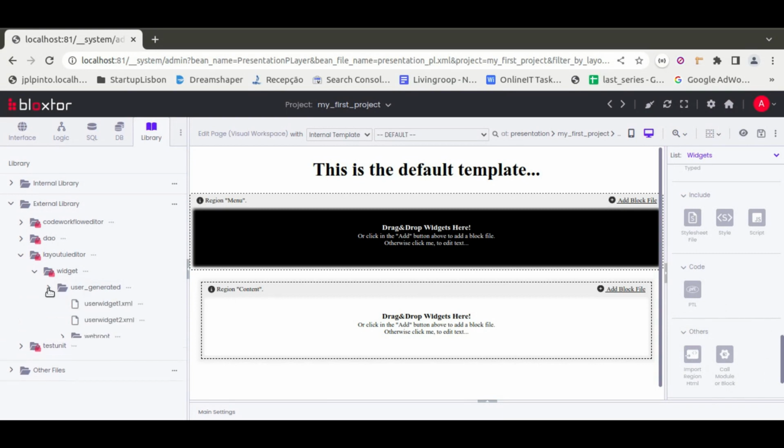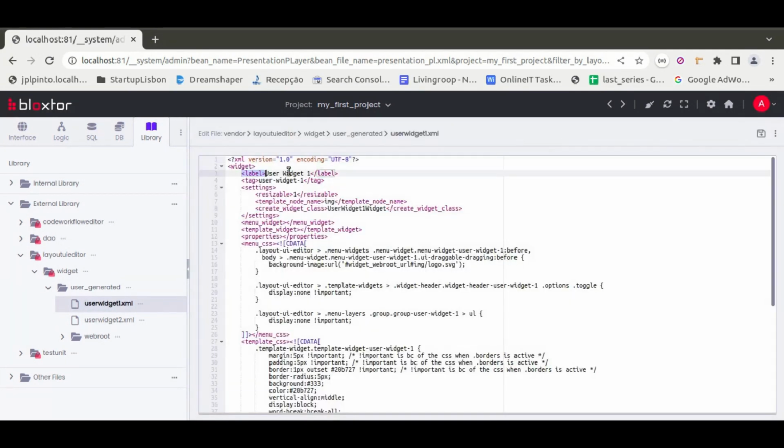So what is a widget? Currently in our demo we have these two widgets. A widget is basically simply an XML file with a specific syntax. In the XML file you set the label, which is the name that appears in the menus, and the tag. A tag is like an ID, a unique ID of that specific widget, so it cannot be repeated. And then you have a bunch of settings, such as whether the widget is resizable or not,